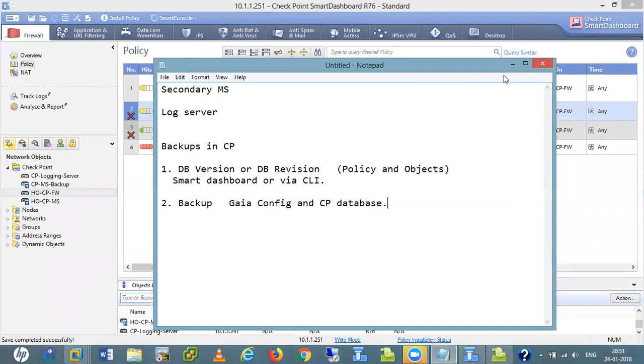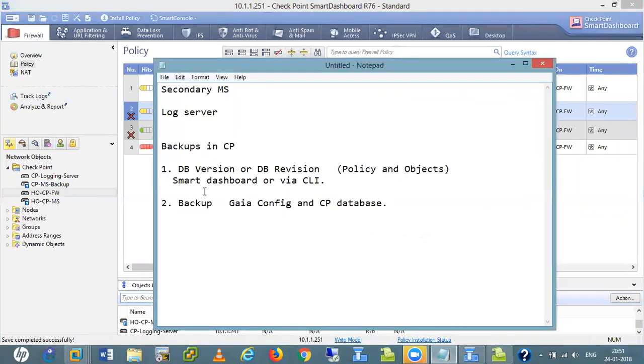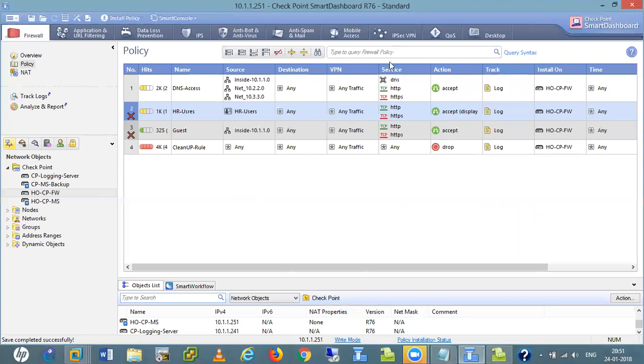The second backup is for the whole dashboard configuration as well as the Gaia configuration.